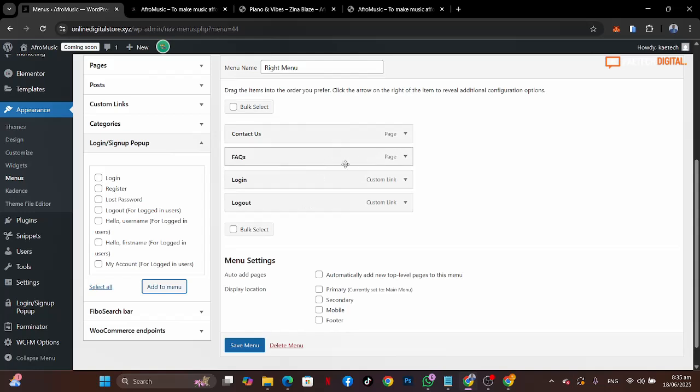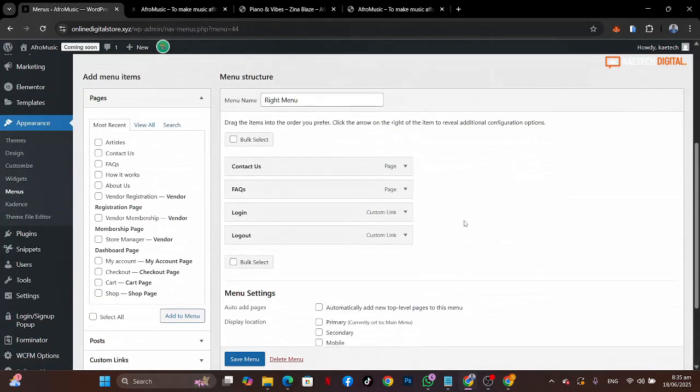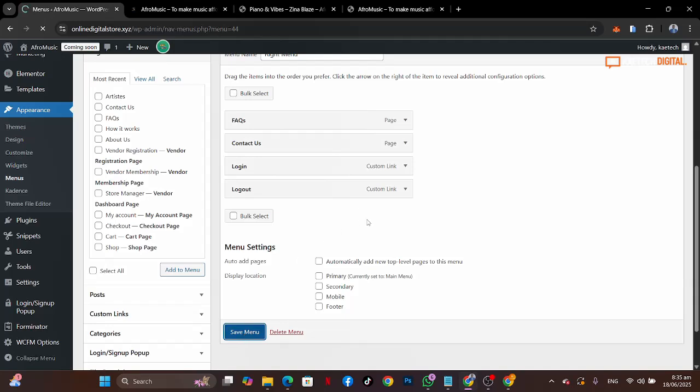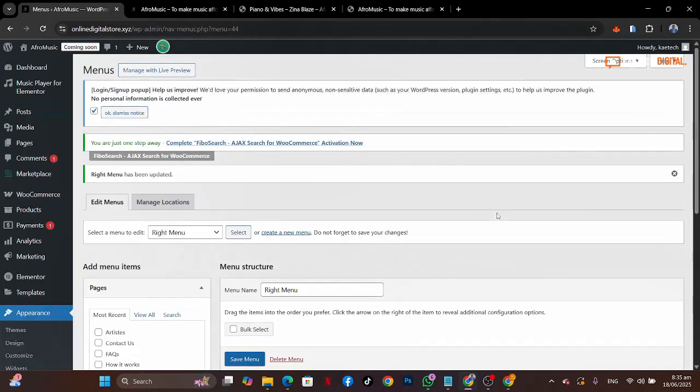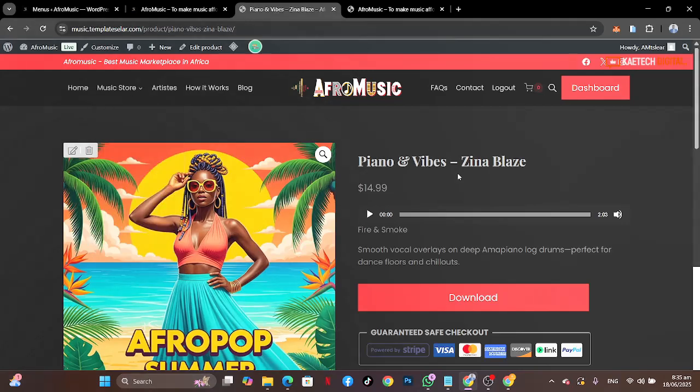Okay, so basically that is what we will use. And then this one, we're not going to set it to any place. We're just going to click on save menu. Okay, so let's rearrange it: FAQ, contact, and then log out. All right, so now that we have these two menus set up on our home page,